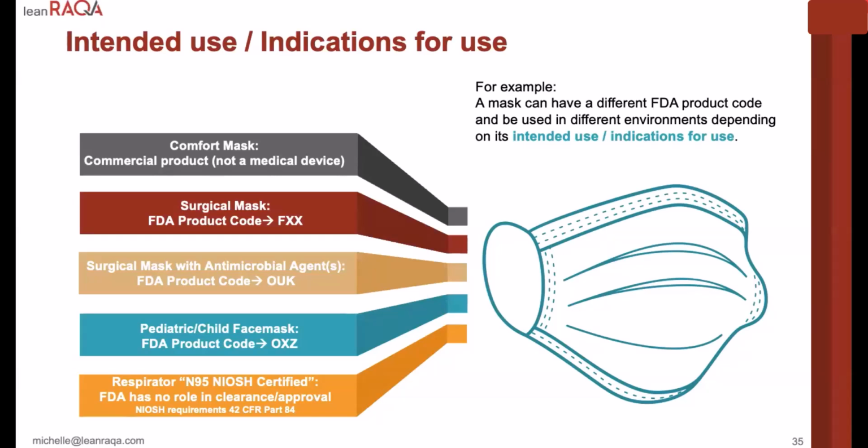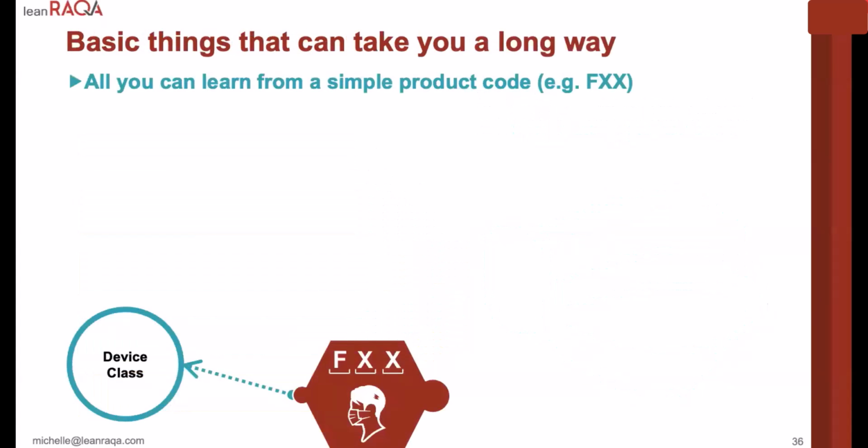And if, say, you put in a submission as FXX to the FDA for a surgical mask that had antimicrobial agents, you're not going to even make it past the refuse to accept because you didn't have the right product code. So if we go back to our FXX and we look in the product code database about what we can learn,